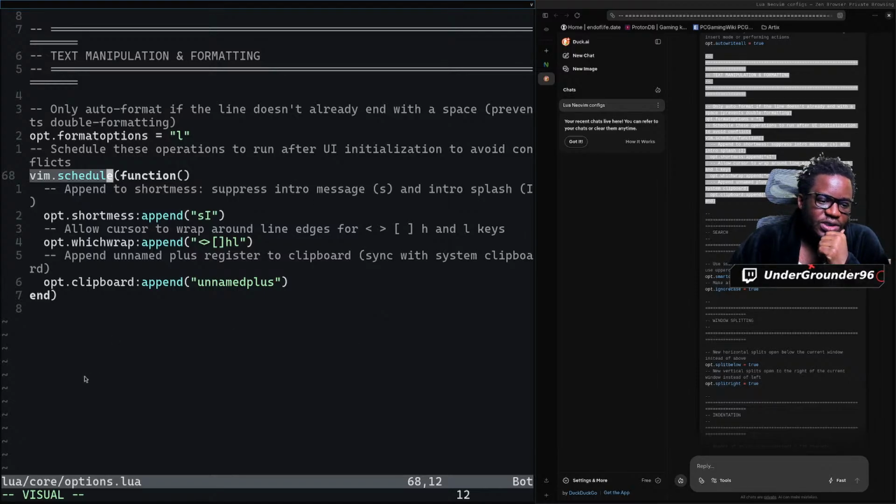Which is great. So for example, if you set an instance, you might have sync problems or whatever. So I just use this so we can schedule the next run, which is fast enough. This one, shortmess. As it says here by the AI, S is to suppress the intro message. That means we will not have that. And then intro splash. We could look it up, but I set this up by myself because